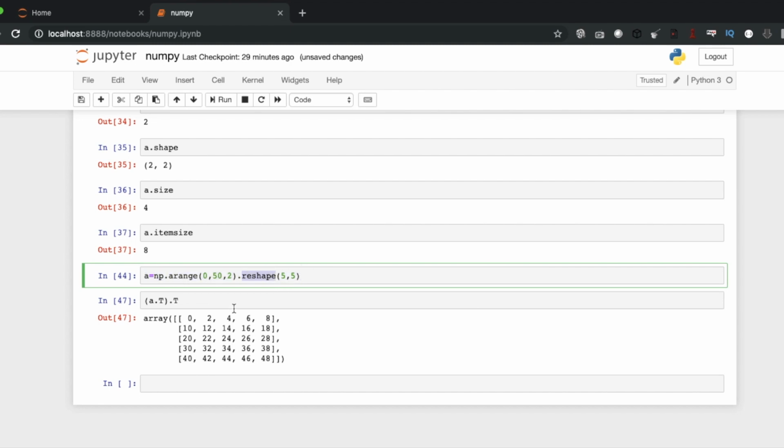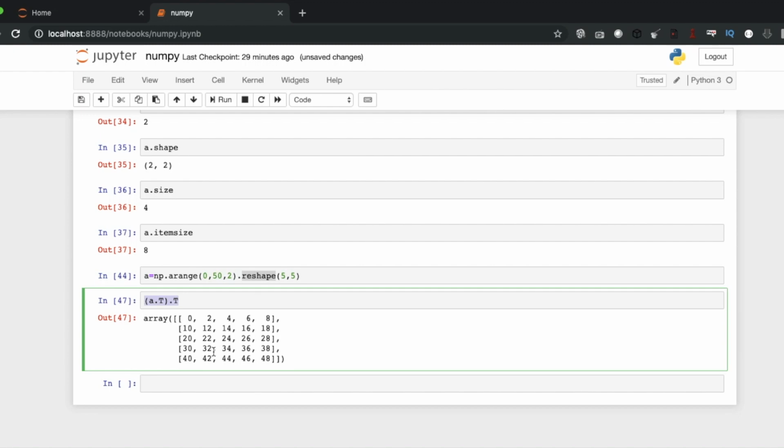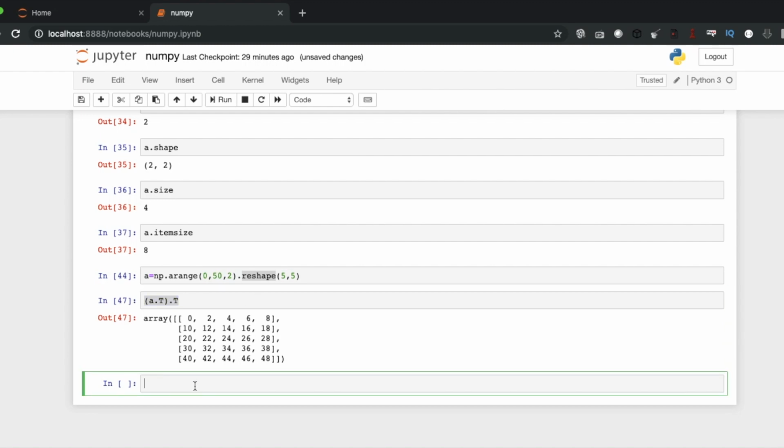How you can reshape our array, how you can transpose. Next I'll show you how we can create NumPy arrays in different ways. There are 2-3 more ways available where we can create it. So we'll be using that now.